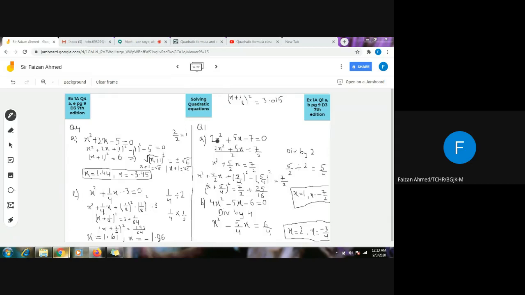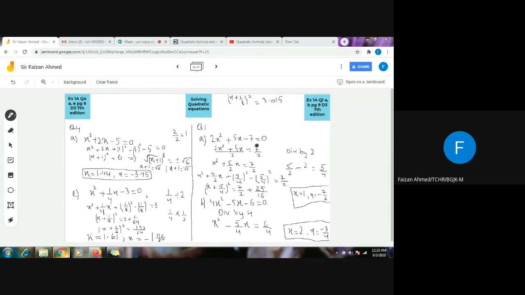So I can make the coefficient 1 by dividing both sides with 2, because in maths we have to do the thing on both the sides. If we are dividing by 2 on one side, we have to divide it on the other side too. So what I did, I just shifted this minus 7 on the other side, so it will become positive 7, and then I divided both the sides by 2. This is 2x square plus 5x, divided by 2, and this is 7 upon 2.